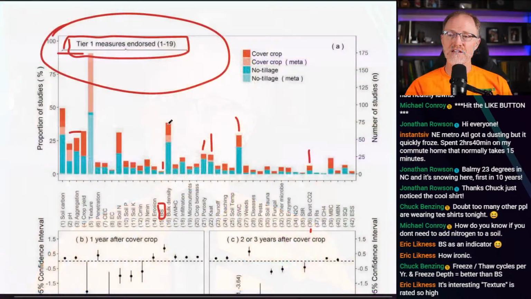This is real stuff that requires real money, real analysis, and it's not cheap. It's usually a lot of labor, bulk density. If you're going to measure bulk density correctly, that takes a grad student or a technician a lot of time to do that. Okay? Texture, you're going to measure texture on every single soil, or are you going to pull it from a book? If you're going to measure it on every single soil, that's labor intensive. Okay? So I don't fault these studies for only having 25% of the studies only 25% reported pH.